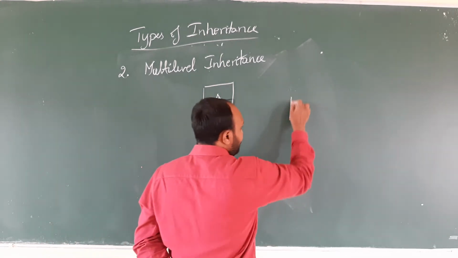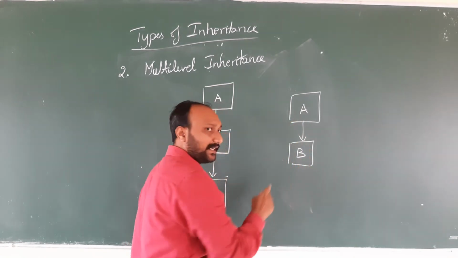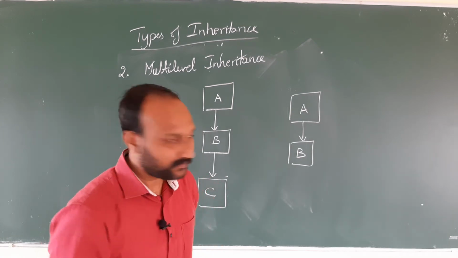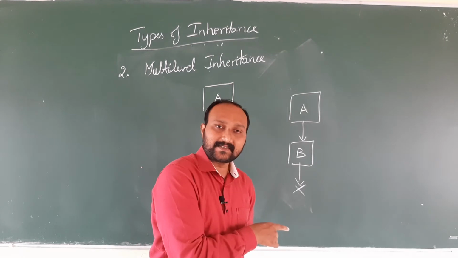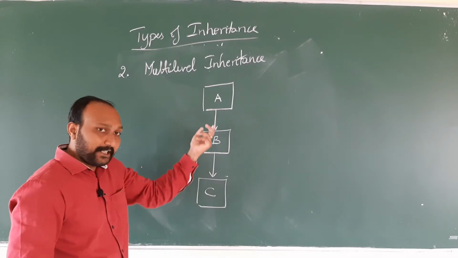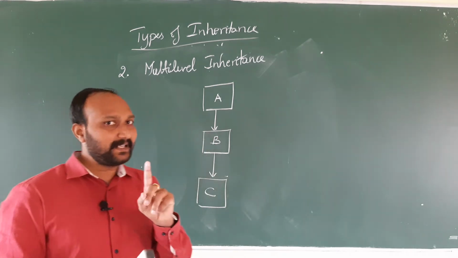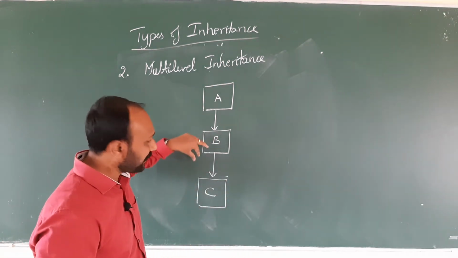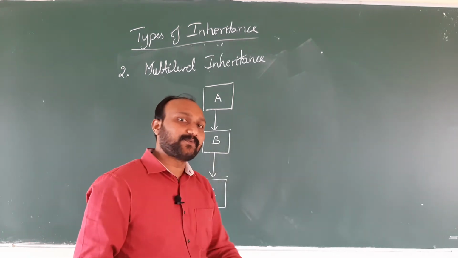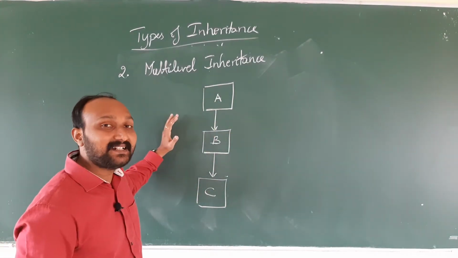You have noticed in single level inheritance what happened? There was only one level. From a base class we can derive only one derived class, not more than that. We cannot go further. It is not permissible in single inheritance. But in multi-level inheritance what happens? You can continue the inheritance to any level. In the beginning we will be having one base class. From one base class we can derive a new class. From that derived class we can derive any more. We can continue the inheritance process. So, this type of inheritance is referred to as multi-level inheritance.